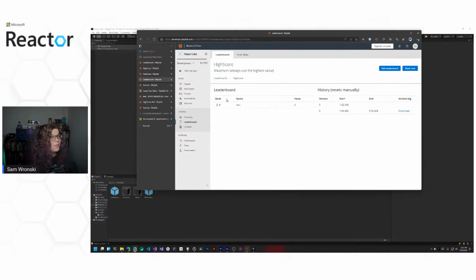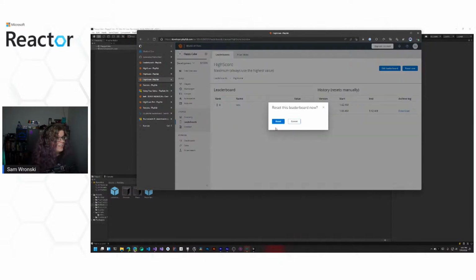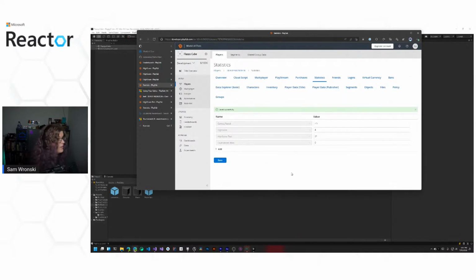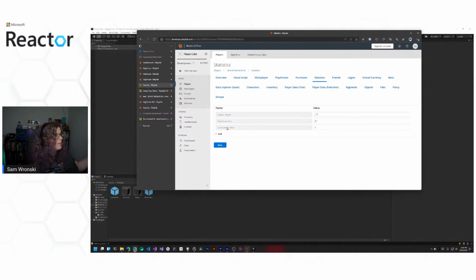Because this is a demo, we don't have time to wait for a reset. So we're just going to reset manually and click this. And so we should see players get automatically updated here. We should see this tournament wins go up by 1. And there we go. So high score disappears, and now we have a tournament win because we were one of the top ranked players for that period.